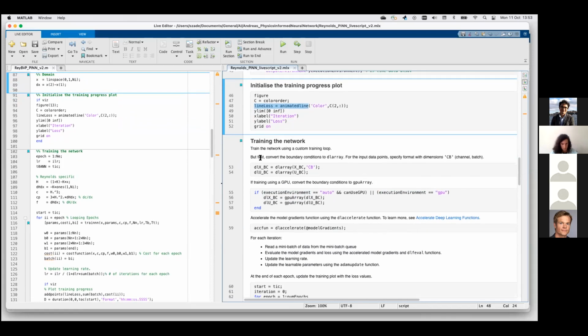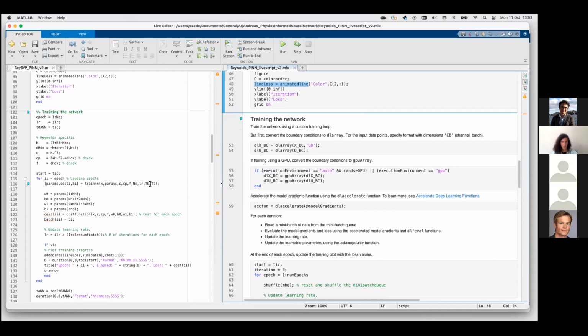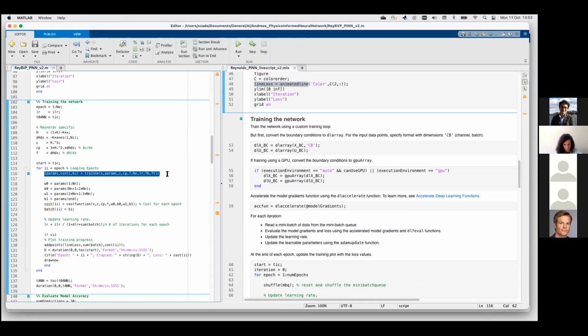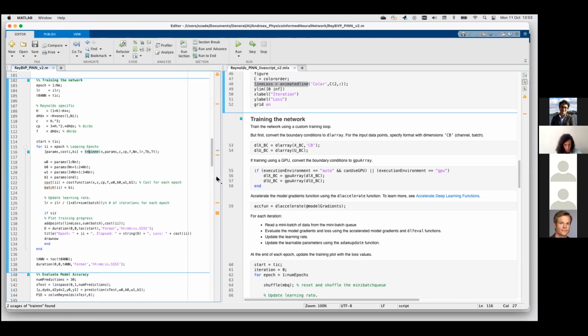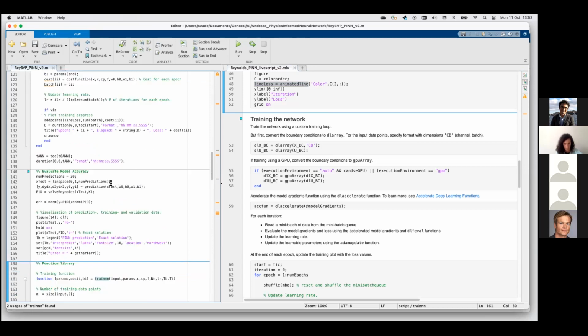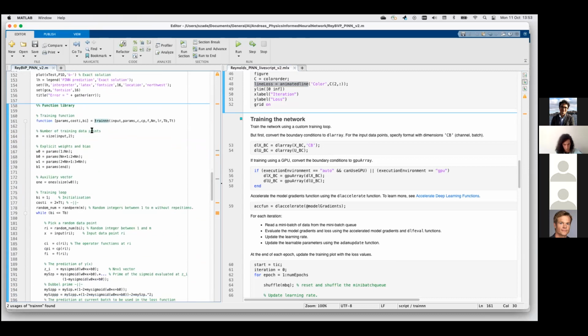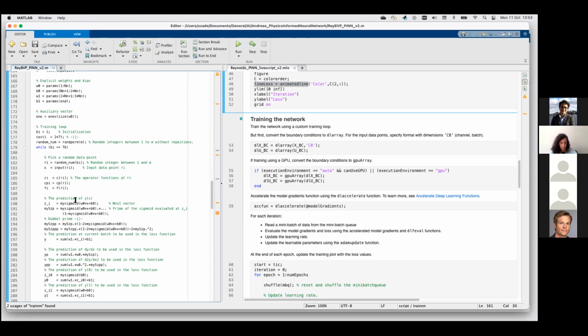So, all right, let's go down a bit. Then we enter the section called train the network. And as Andreas said, he has a for loop, which loops over several epochs. And this is the most important line, which does the heavy lifting, basically. So it's the train neural network function, which Andreas has defined at the bottom. And when I say heavy lifting, I mean both computation as well as writing the function itself is quite time consuming, because Andreas has taken a lot of effort to